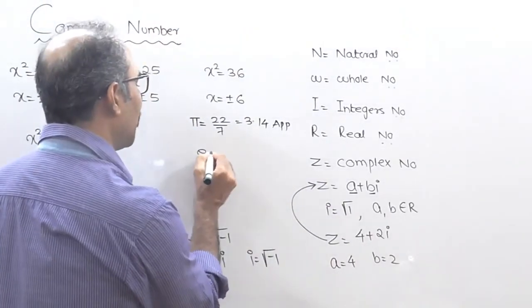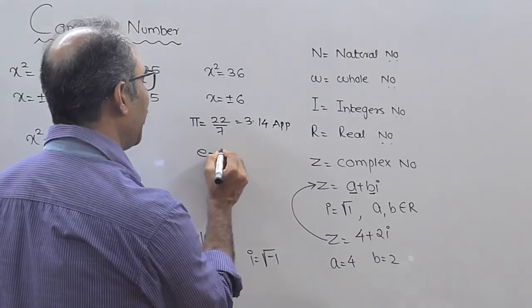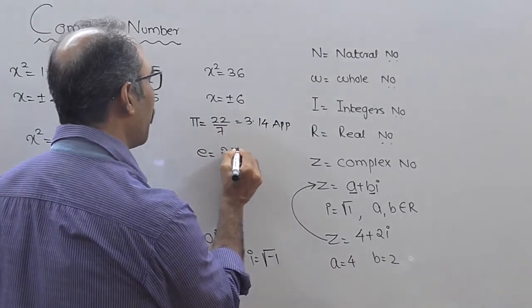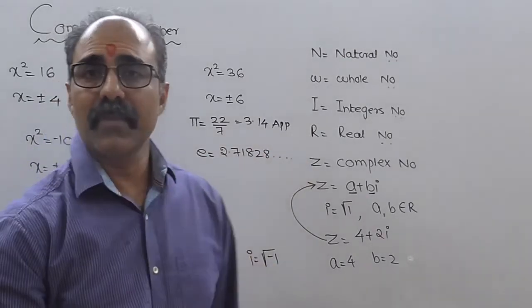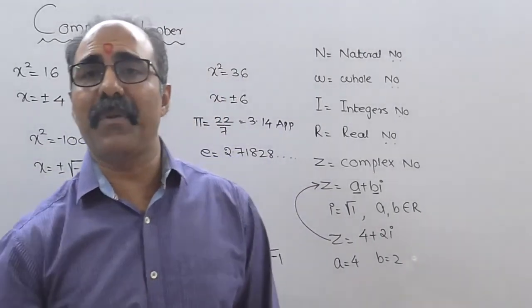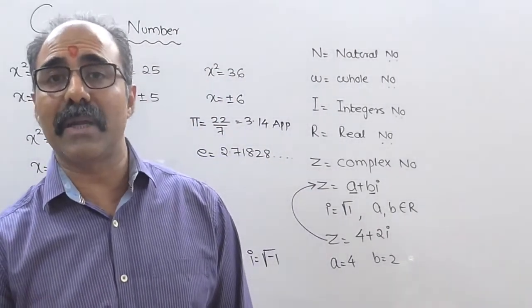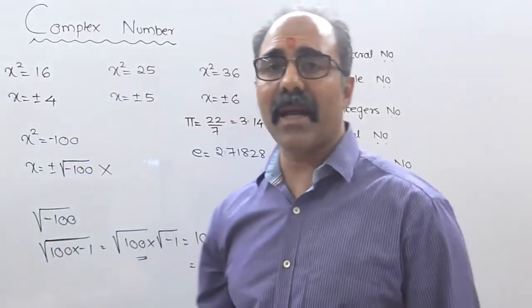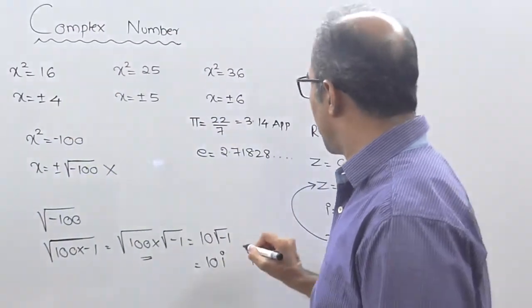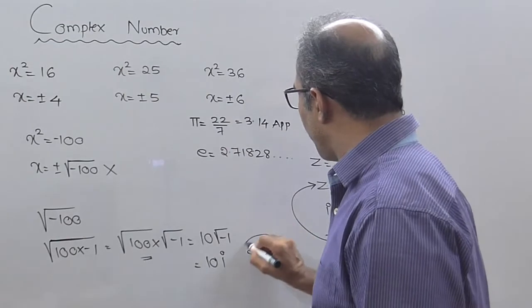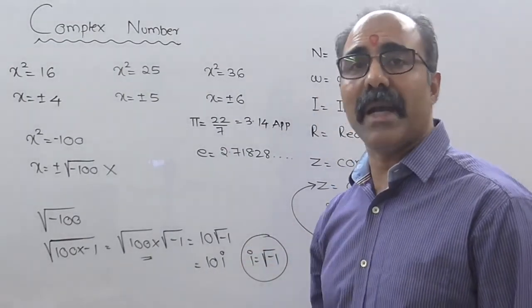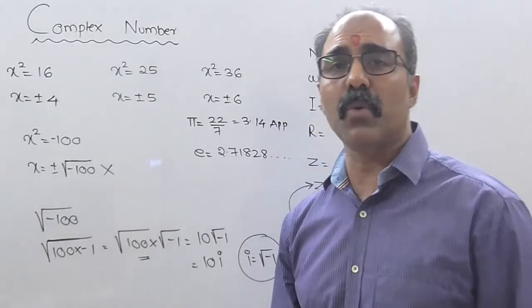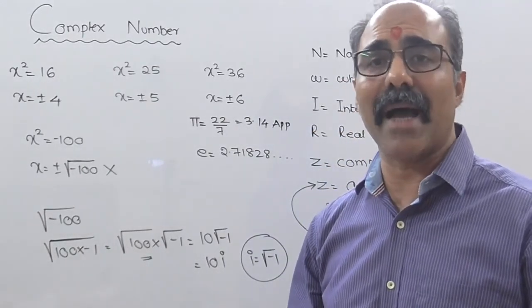If I ask you, there is an alphabet called e with the value of e as 2.71828. ऐसा बहुत सारा अल्फाबेट है जिसको कोई कोई वैल्यू असाइन्ड है या कोई मीनिंग है. वैसा ही i in complex number is nothing but root of minus 1. So henceforth you have to remember that root of minus 1 is nothing but i.